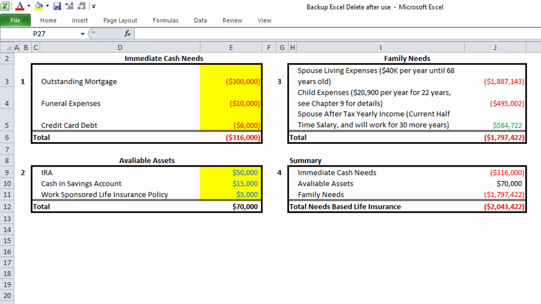And then the last step is to combine the immediate cash needs of $316,000. We then subtract out the available assets of $70,000, and then add the family financial needs of $1,797,422 for a total needs-based life insurance amount of